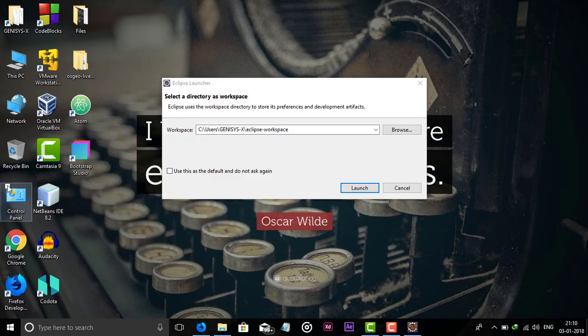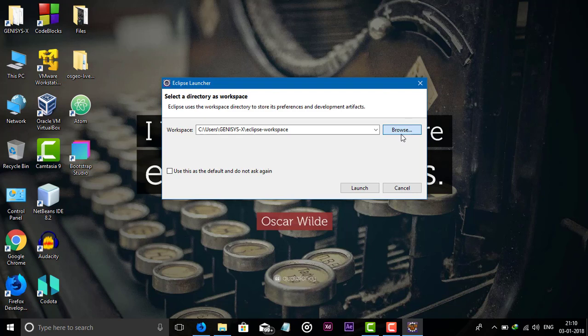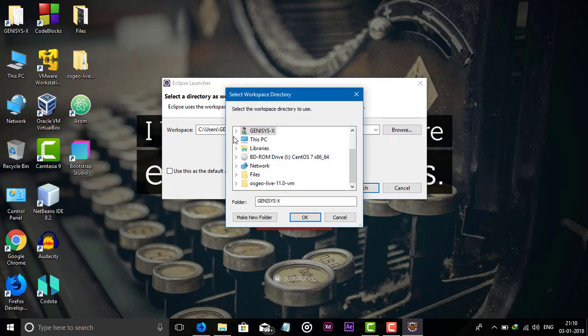So Eclipse shows a panel to choose the workspace. The workspace is where all the programs which we add in Eclipse will be stored. I will create my new workspace in my folder so it will be easy to find. So let's add the Eclipse workspace and click OK.